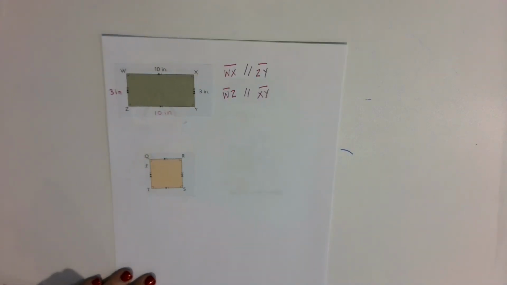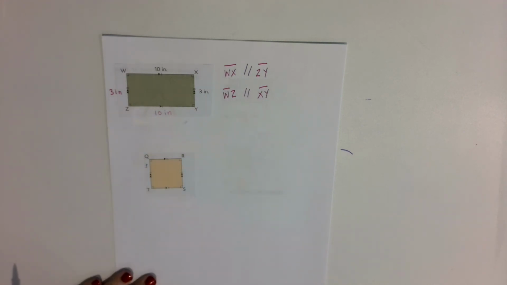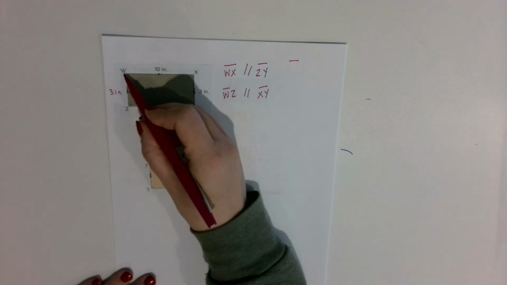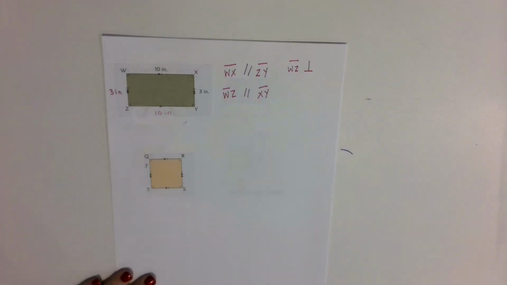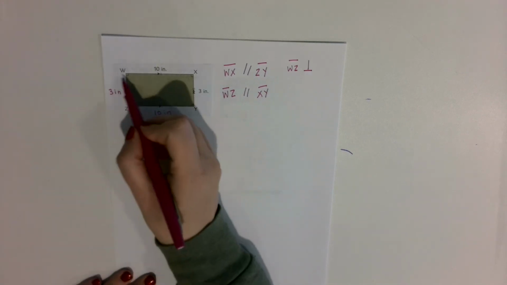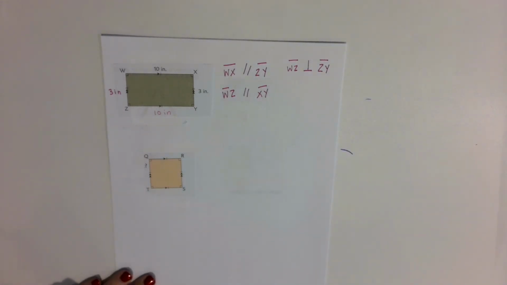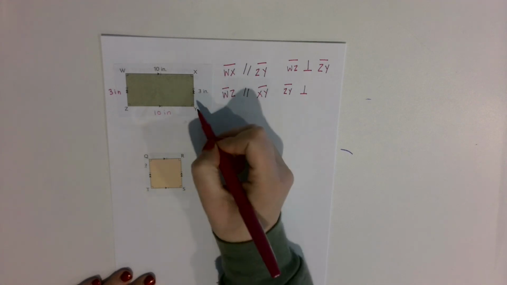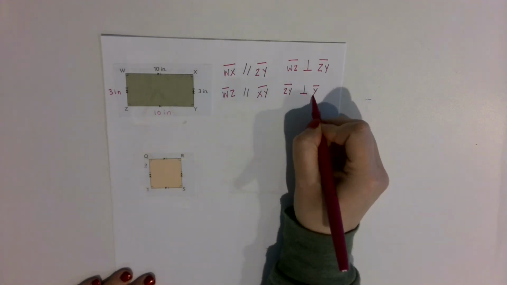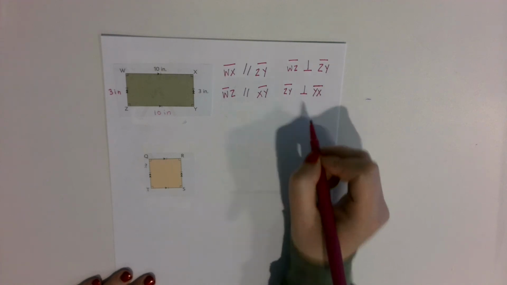There's also perpendicular lines because this is a rectangle and the corners make right angles. So if I was asked what lines are perpendicular, there's actually 4 choices because there's 4 right angles. So I could say that line WZ is perpendicular, and this is the symbol for perpendicular. And remember, perpendicular means makes a right angle. So WZ makes a right angle with ZY. I'll just do one more example. Like I said, there's 4, but we also know that ZY is perpendicular or makes a right angle to YX. And remember, it doesn't matter what order you put those letters in. You could call it XY or YX. Okay, and then let's take a look at this last